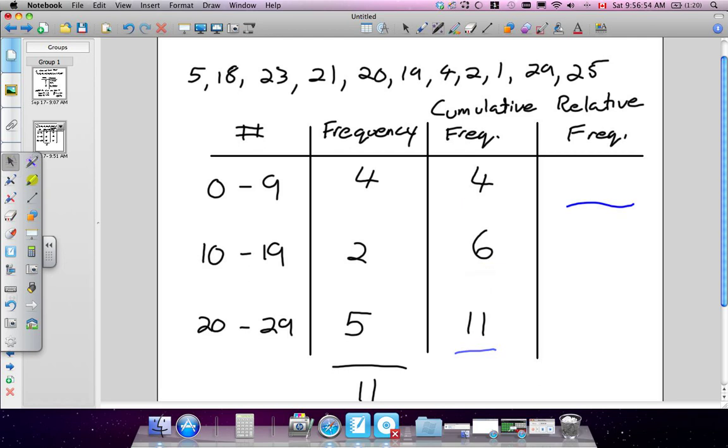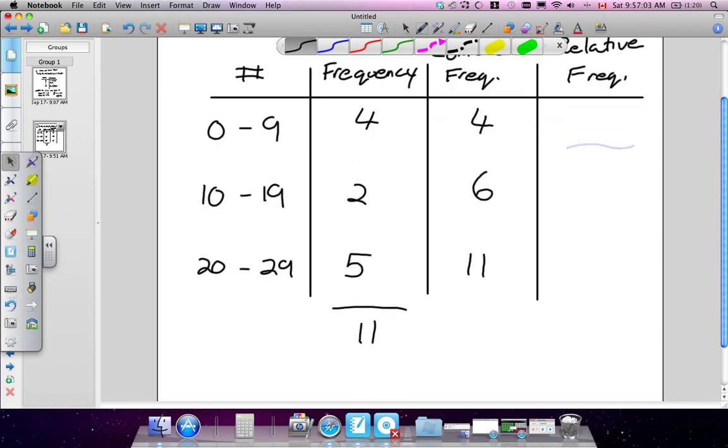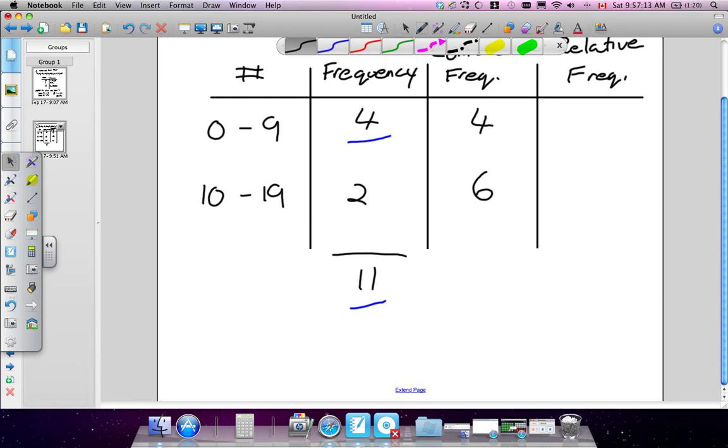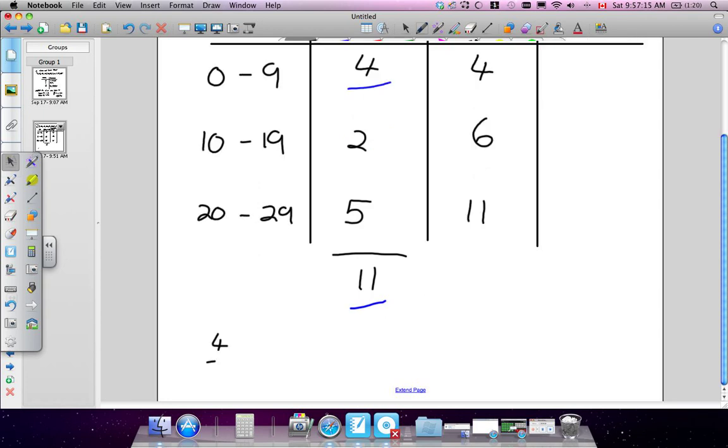It was 36.2. I think it was 6 or 3. Either way, we'll say 36. We'll round it, okay? So this is 36%. Let's try the next one. Their frequency is how many of the numbers are between 10 and 19? 2. Okay, so we got to do 2 divided by 11